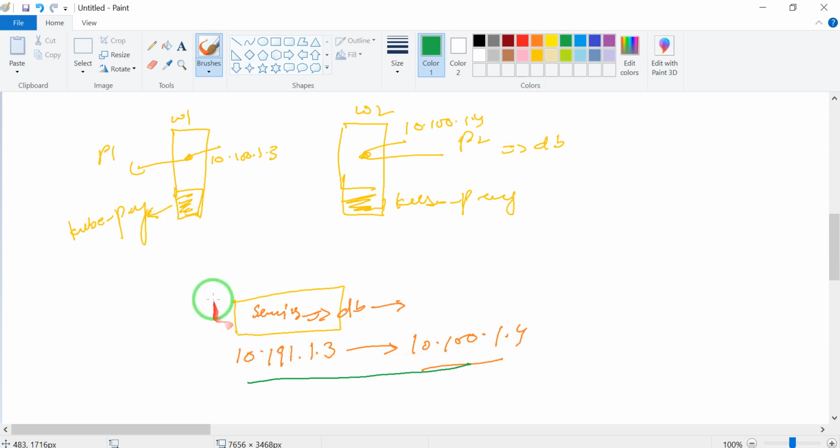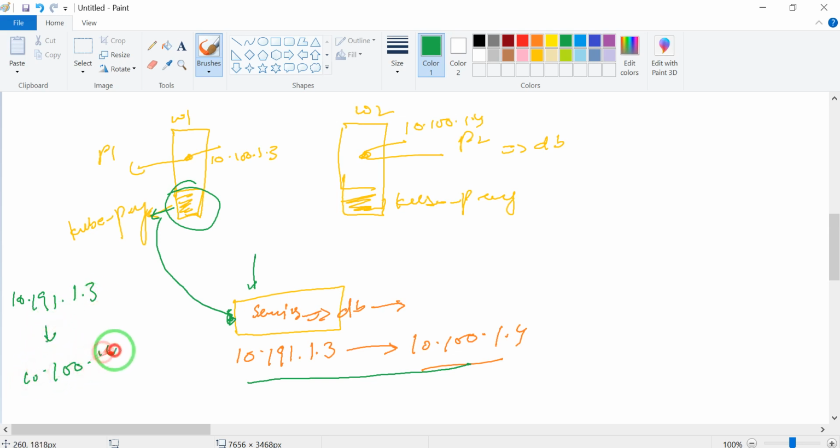Once any service launches in the Kubernetes cluster, kube-proxy is always watching for a service to come up. Whenever a service has been created, it always makes a rule in the node. The rule would be that 1.1.1.9.1.3 will be routed to 10.100.1.4. So this rule has been created in the node, and the node will reach the DB service with the help of kube-proxy rules.